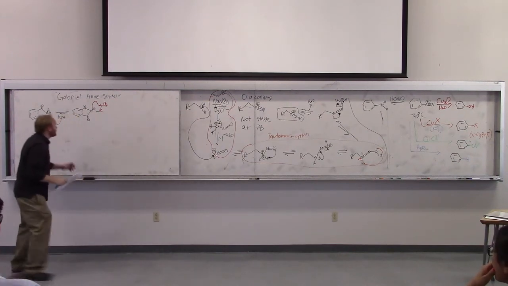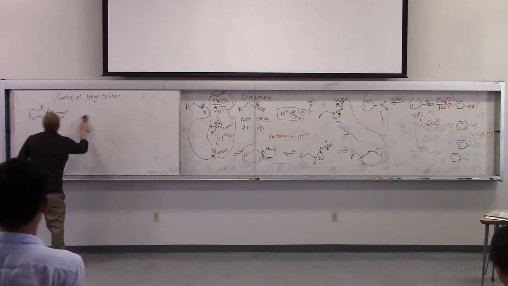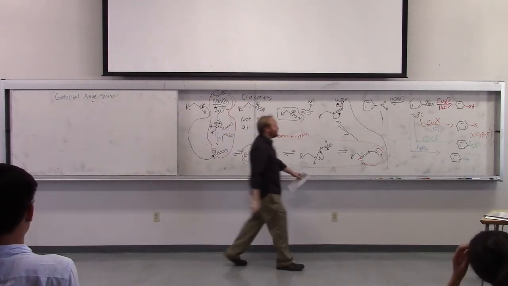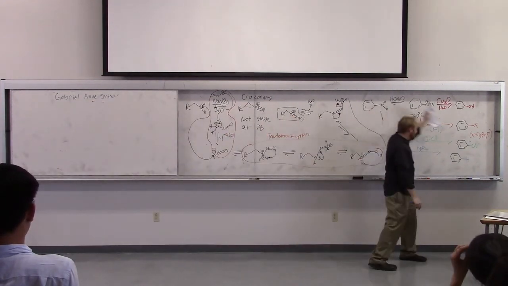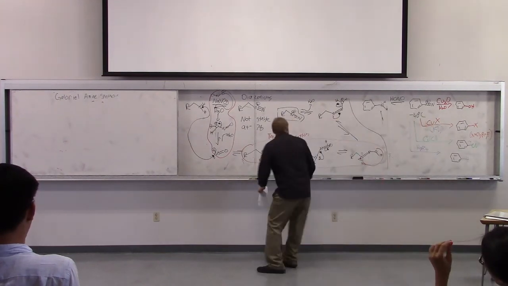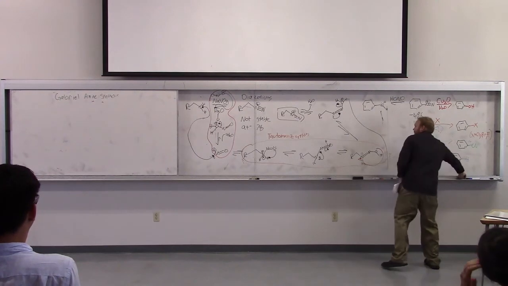So that's one nice thing, being able to do these copper substitutions to replace anilines regioselectively, pretty much anything we can think of. The other good thing about aryl diazoniums